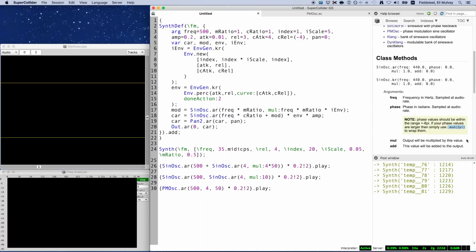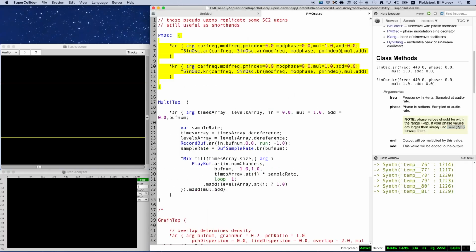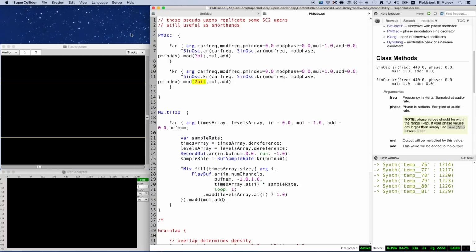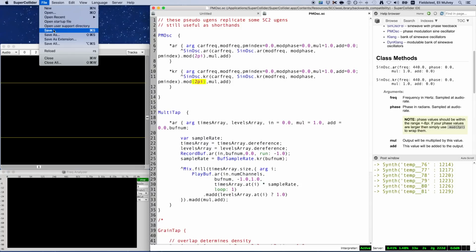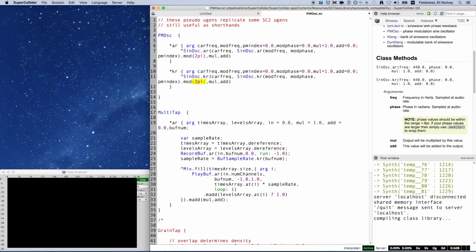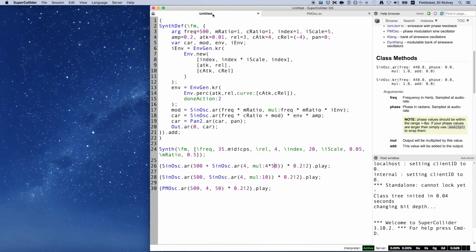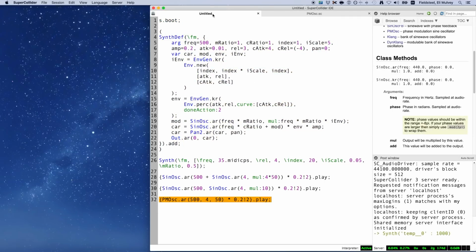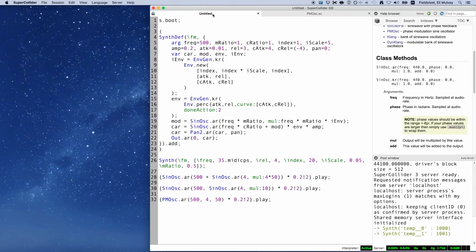So watch this. We go into the source code file. We add .mod(2pi) to the end of the modulating oscillator. Let's be consistent and also fix the KR method while we're here. Save this source file, and then in the Language menu, recompile the class library, or just hit Shift-Command-L. This has the side effect of quitting the audio server, so we need to reboot it. And now, PMOsc works perfectly. I noticed this issue in the process of making this tutorial and opened an issue on GitHub,